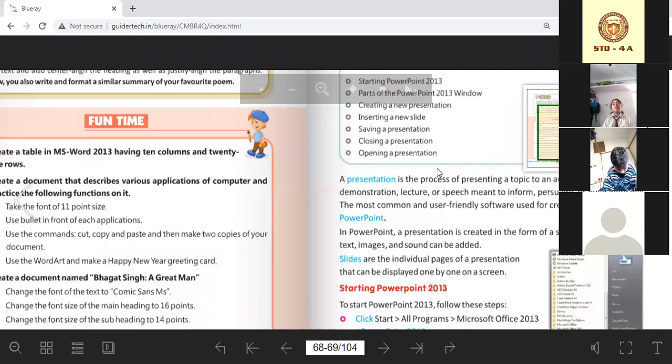It is a typical demonstration, lecture, or speech meant to inform, persuade, or build goodwill. So if we say very basically, what is this? This is a demonstration. What do we call a demonstration? Explaining something with an example, demonstrating it. If you do a robotics experiment, or if you go to a robotics workshop, they demonstrate to you. They explain it even better with a small model of a robot.